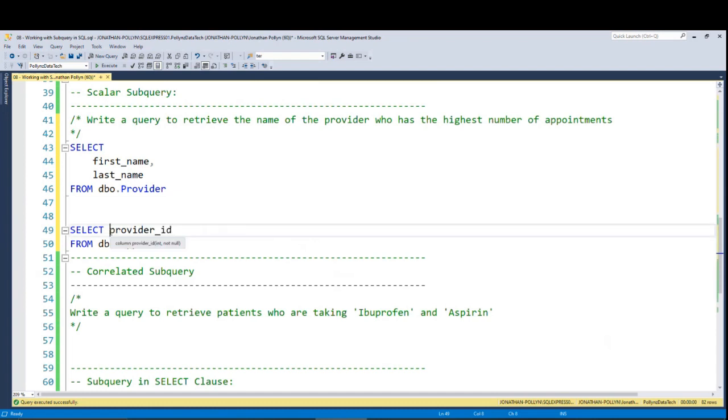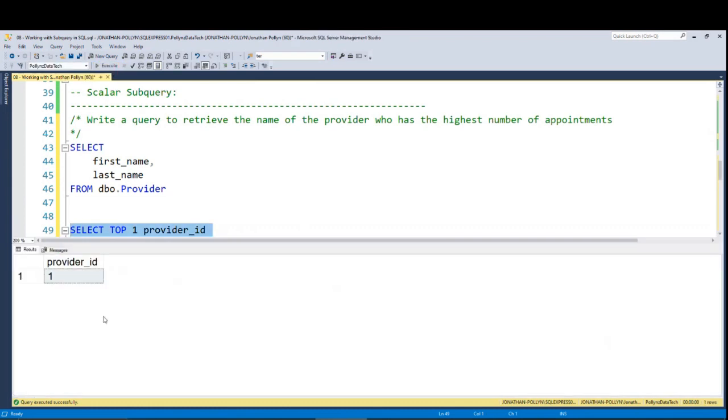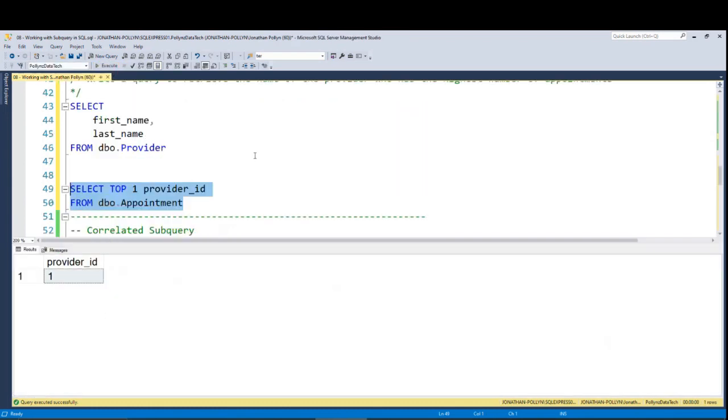But how am I going to get the actual provider that I need? I'm going to get it from the top one. Top one of what? This top one. So let me just write it. When I run this, I am seeing a top one of this as provider one. That is top one, but that is not what I am looking for. The thing that I am looking for is a provider that has the highest amount of